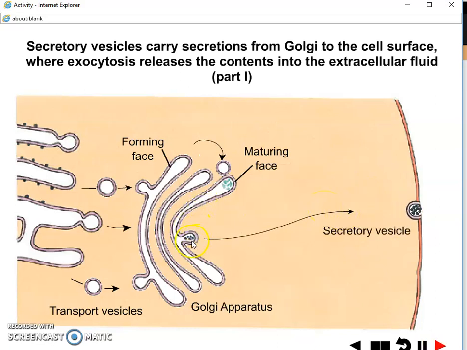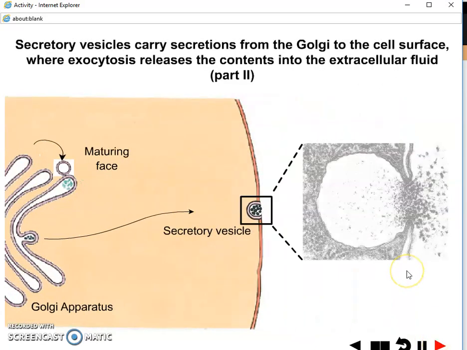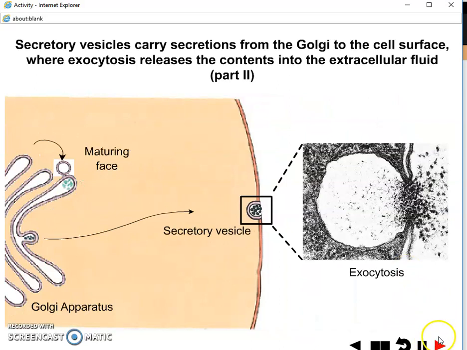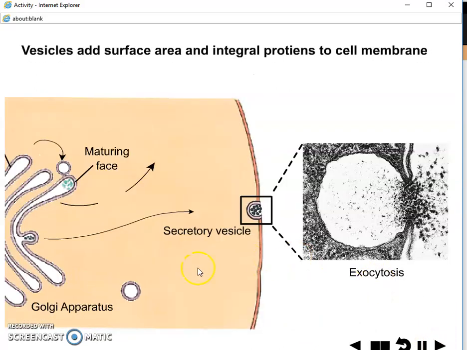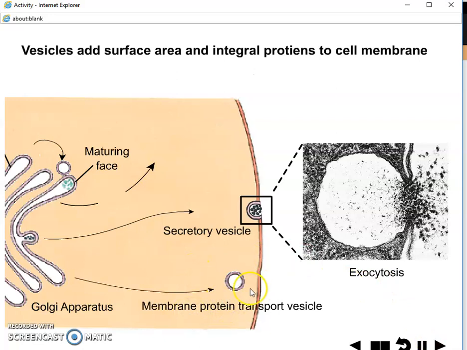And then eventually, according to what product we're making, whether that product is protein-based from the rough, or whether that product would be a carbohydrate or lipid-based from the smooth endoplasmic reticulum, what we would eventually want to do is either release the product through exocytosis, or we may even be making a product that we're going to embed into that membrane,